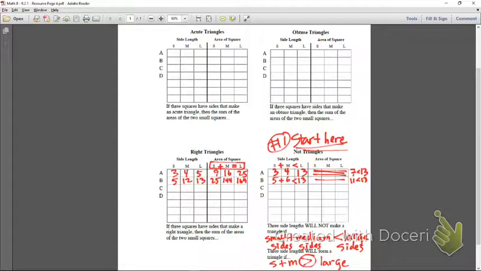Okay? Now, those are the only 2 examples I'm going to give you because you have more that you're going to work out. But let's fill out the bottom here. If 3 squares have sides that make a right triangle, then the sum of the areas, we're talking about this. Let's just draw an arrow down to here to help us know what we're talking about. The sum of the areas of the 2 small squares, meaning small plus medium, is going to be equal to the large. So the sum of the areas of the 2 small squares equals the large square